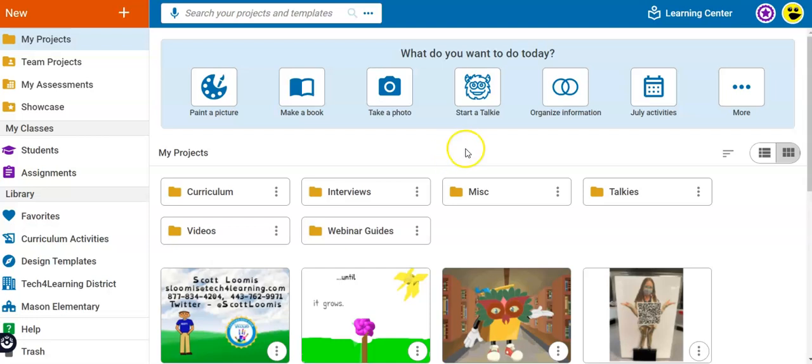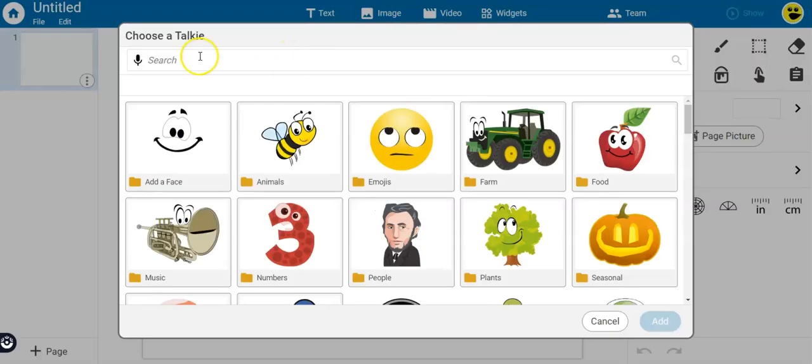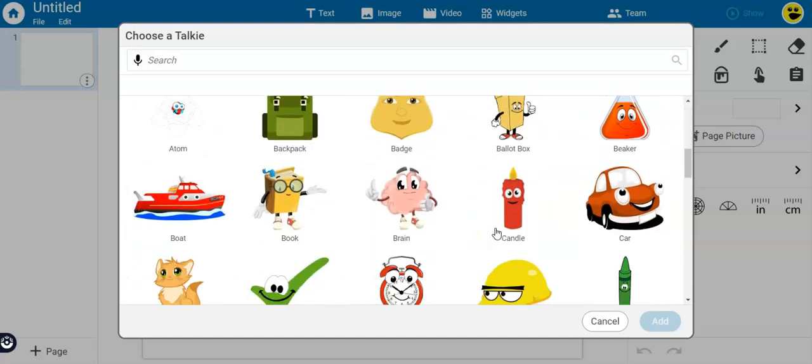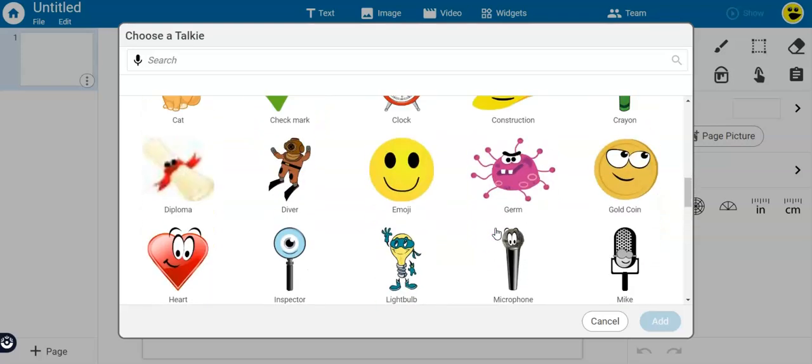The quickest way to add a talkie is from the What Do You Want to Do Today menu. Simply select Start a Talkie. This takes you to the Choose a Talkie dialog menu. You can search, or even search by dictation, or you can peruse or browse the folders or the loose files that appear underneath. I happen to be a huge fan of Mike the microphone, but before I do that,